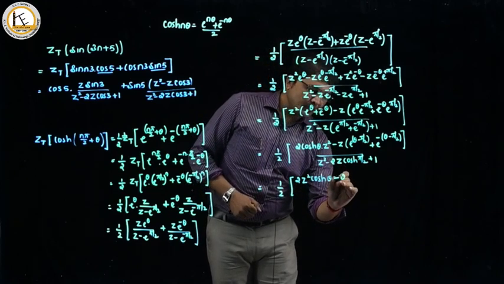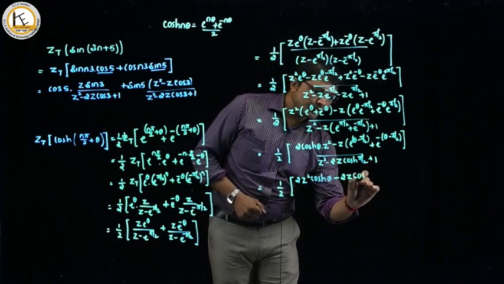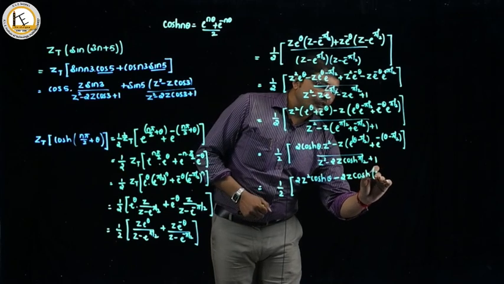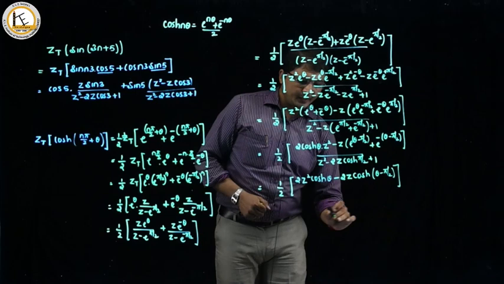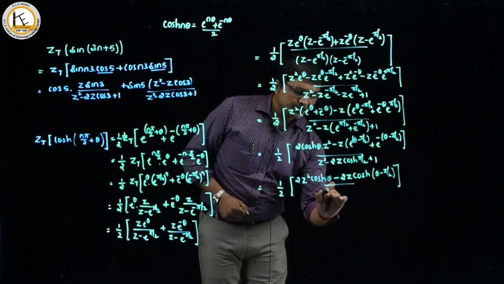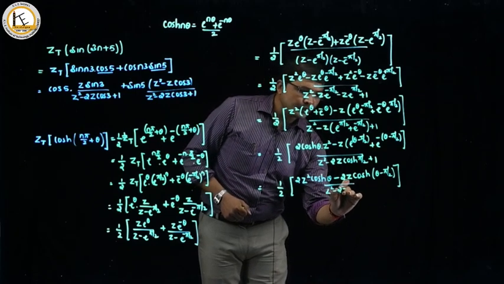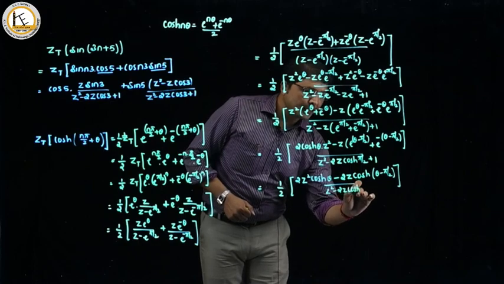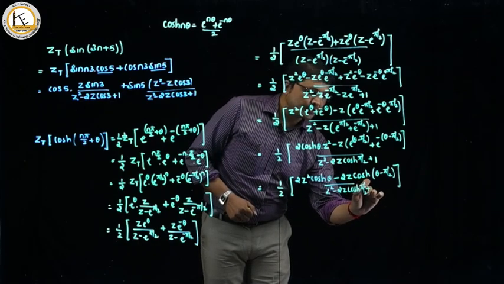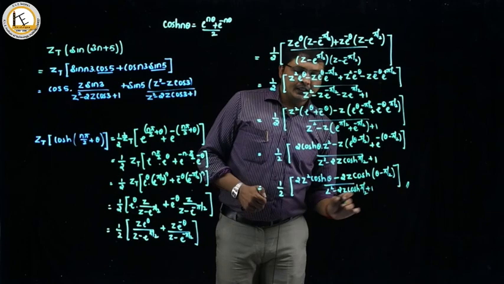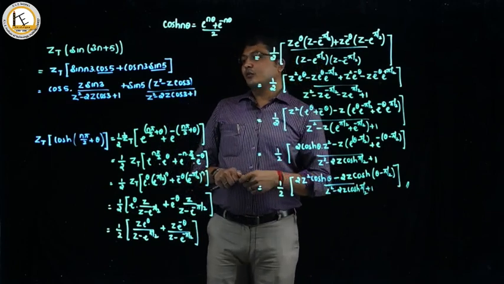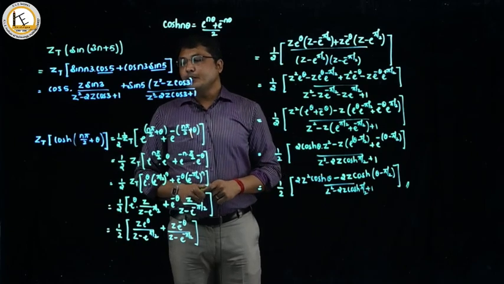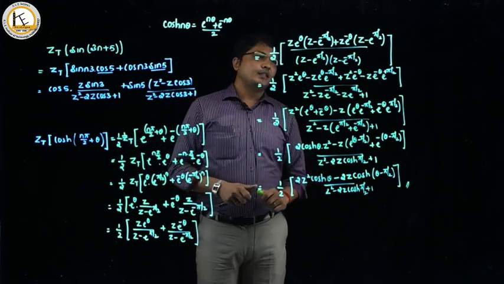Therefore it is 2 times of z into cos θ, whole divided by z square minus 2z cos θ plus 1, and hence this represents the z transform of cos of nθ, hence the